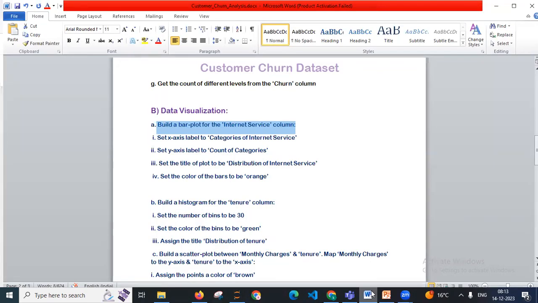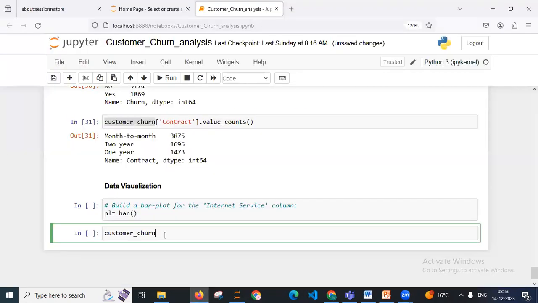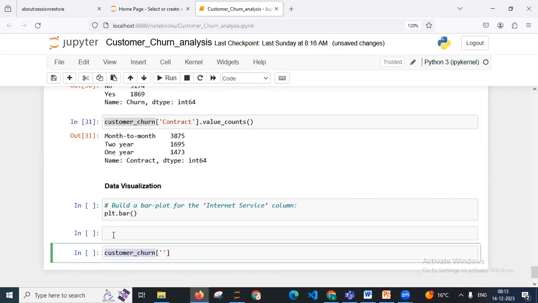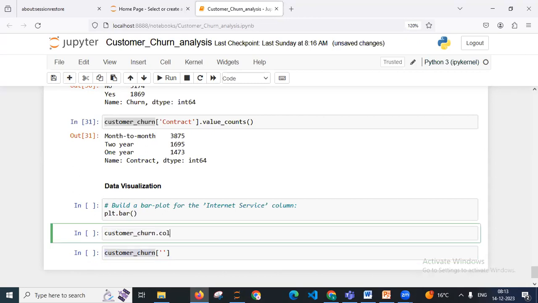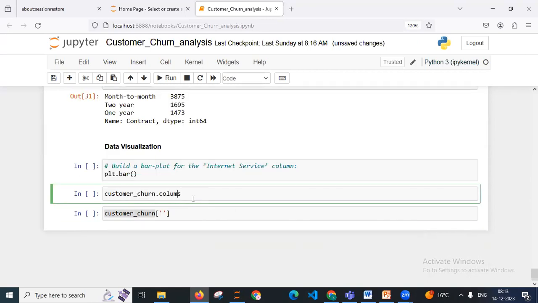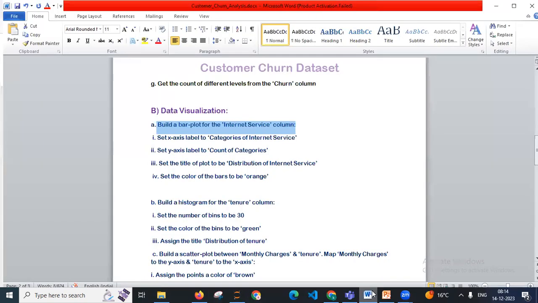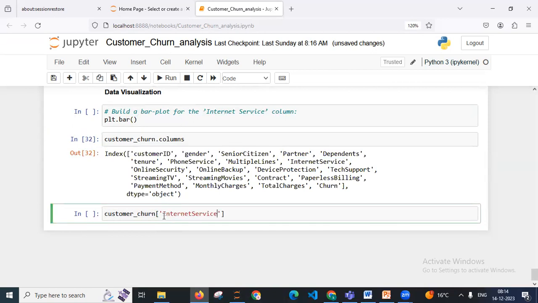I found this column from customer churn. You can also ensure this by just copying customer churn and checking the column names, and you can get the internet service column. Just paste the internet service column,